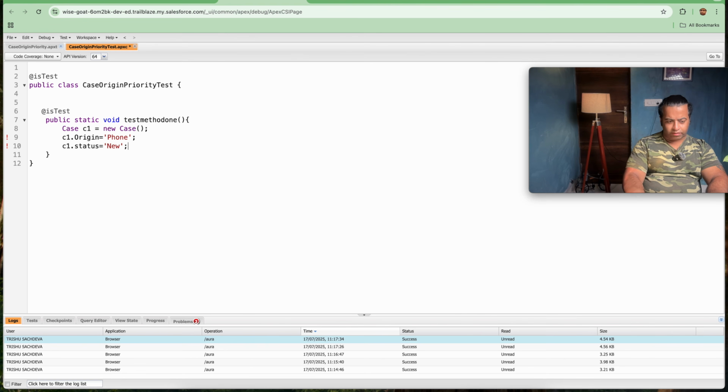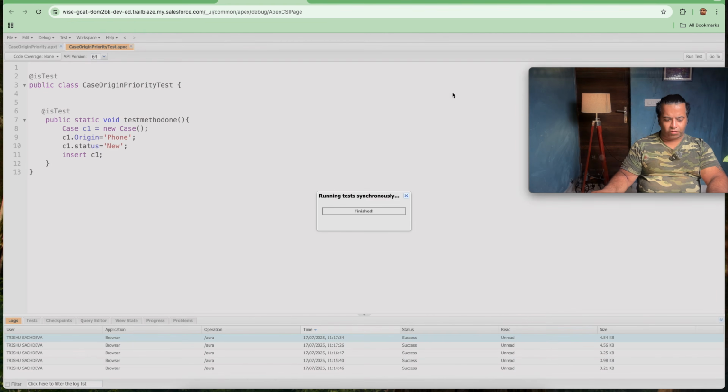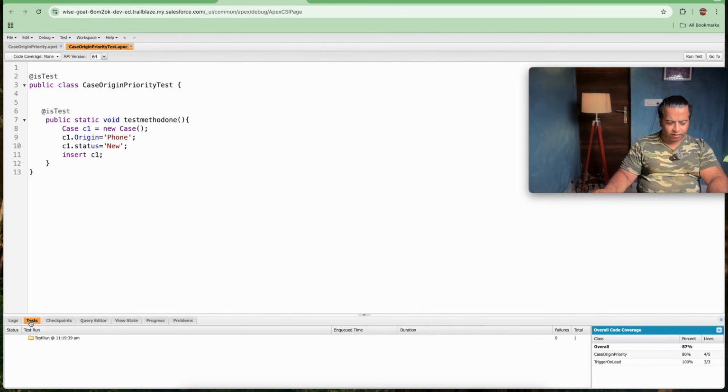So that's it. Insert c1. As soon as we click on save, let's check what the error is. Now no error is coming. We are running the test, and as soon as we run it, the test passed here.